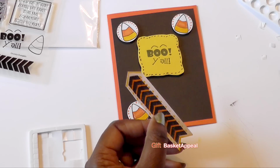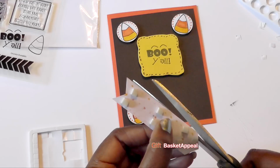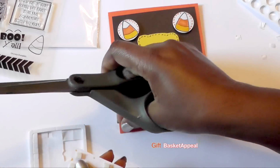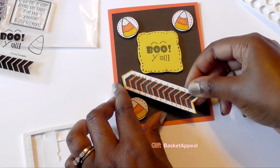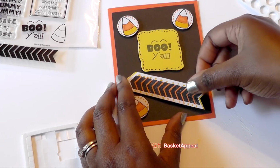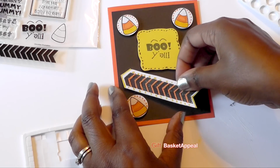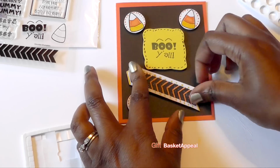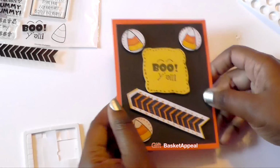And to me, this has just maybe a little bit too much on it around that edge. So I'm just going to take a little bit off. And I'm going to put this at an angle, kind of going up. Up just a little bit more. Oh, and that is really coming together. But it needs something else,